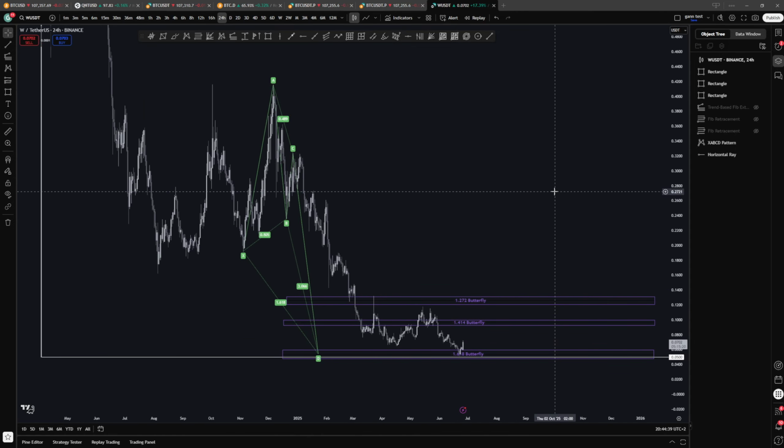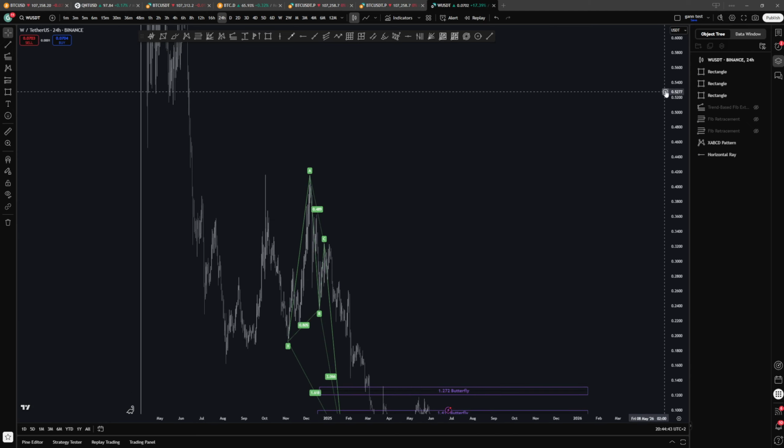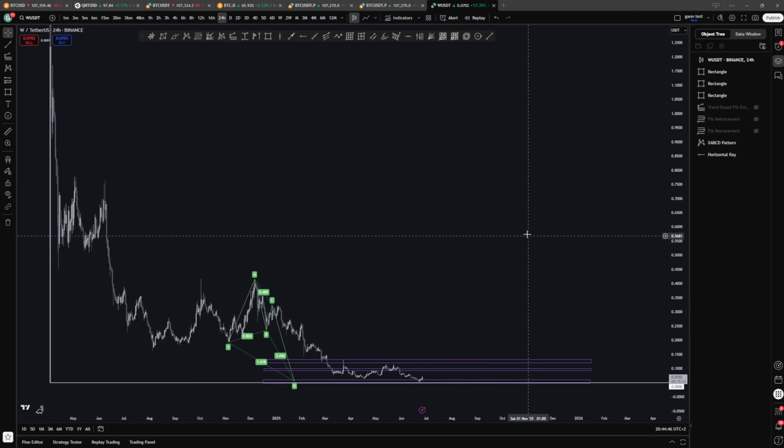So there are 2 sides to this coin, right? The first side is where you look at a chart like this and say, okay, this coin is completely dead. Which, in all honesty, I promised myself to do, because airdrop tokens trade like shit. Like, these tokens suck to trade. However, and that's a big however,